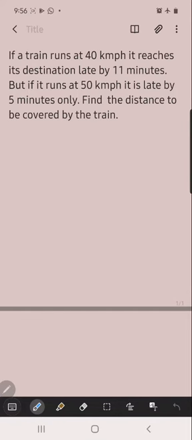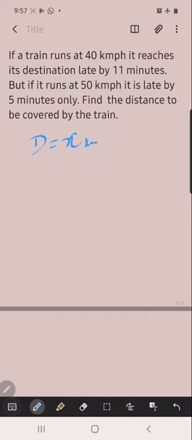So if the distance is x kilometers, in these kinds of problems, how many things are involved? Distance, speed, time. Three things are there. Already we know the relation between these three: distance is equal to speed into time. By using that formula, we can make the relation among these. So now distance is x.